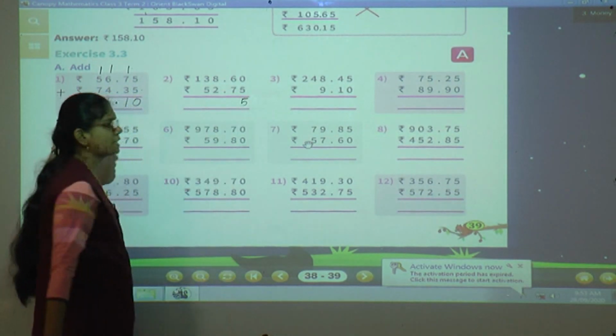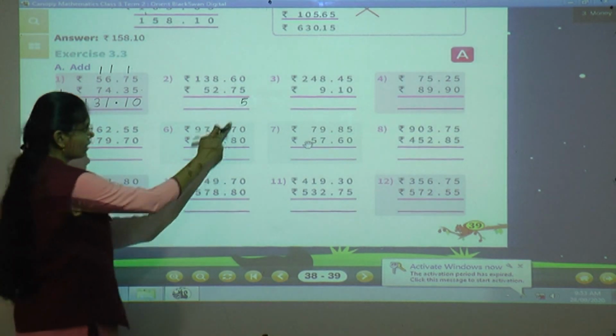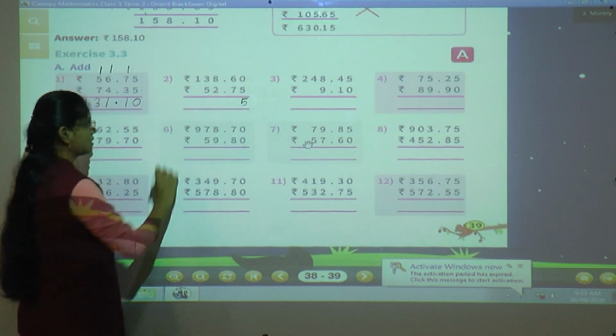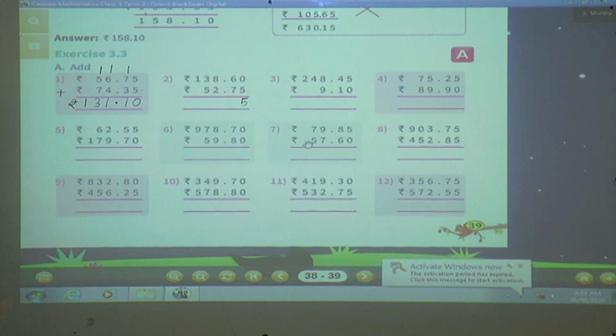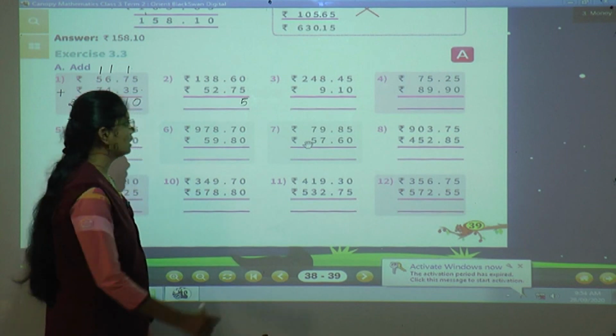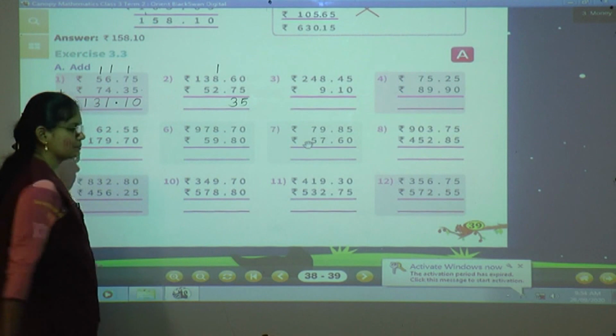Because in the addition lesson we have seen one rule that if we add any number to 0, we will get that number only. So 0 plus 5, 5. Now we'll move to the next place. Here 6 is there, here 7 is there. So 6 plus 7 you have to do. 6 keep in your mind, and show your 7 fingers. After 6 you have to count your 7 fingers. So 6 plus 7, tell me the answer. 13. Correct. So what we will write here? 3, and 1 will be the carry.